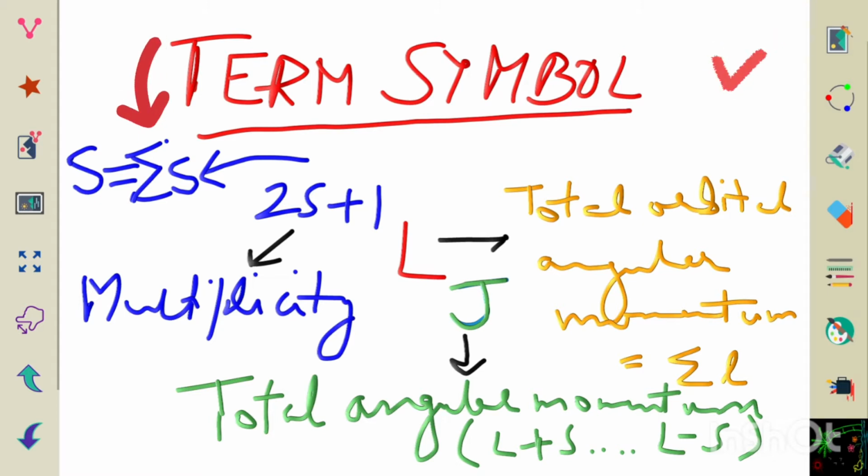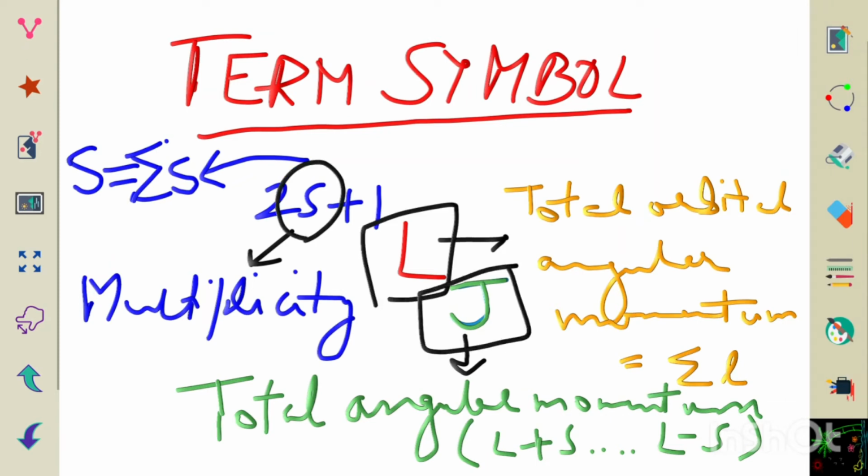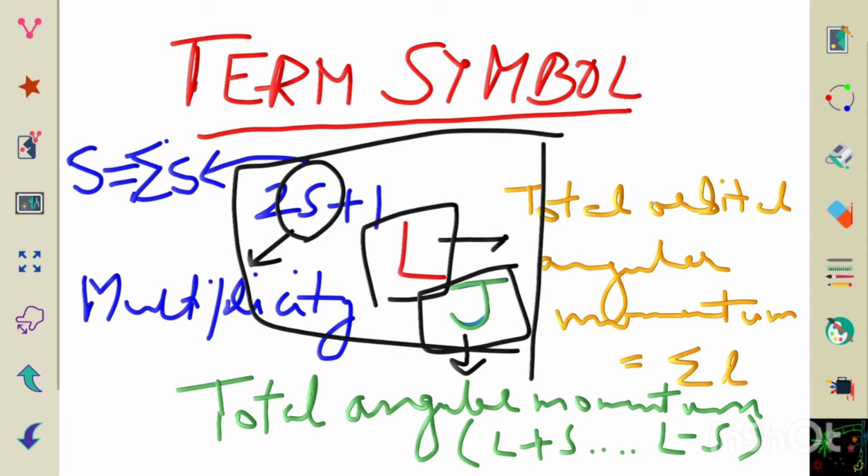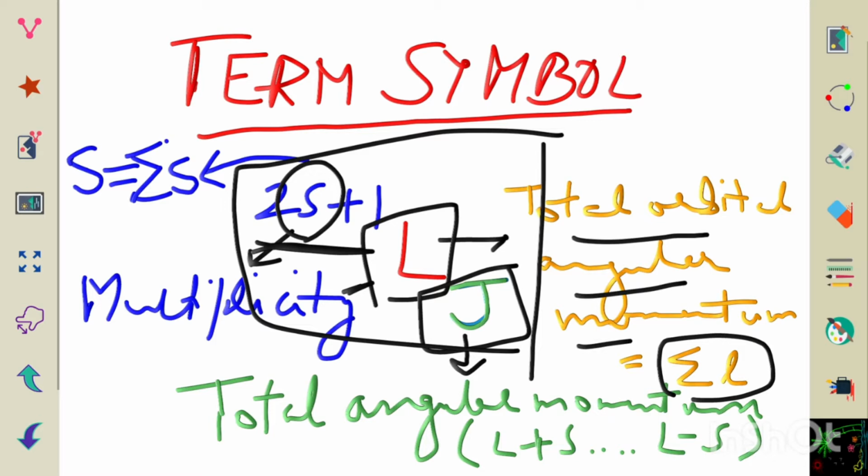It depends upon three factors, basically three parameters. One is spin, capital S. The other one is capital L value, and the J value. So this is the formula to write the term symbol, where we have to mention the total spin in terms of multiplicity, that is 2S plus 1; the capital L value, that means the summation of the small azimuthal quantum number, or you can say the total orbital angular momentum; and capital J, which is the total angular momentum.